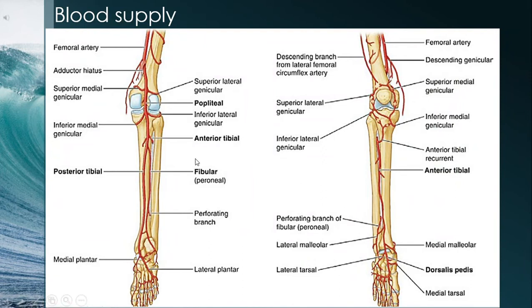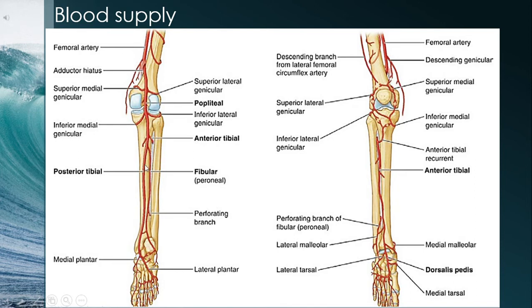As we already discussed, the lateral compartment does not have a proper arterial channel. The anterior tibial artery, which is going to supply the anterior compartment of leg, here you can see gives perforating branches in the upper part, upper 1/3. These perforating branches perforate the anterior intermuscular septum to reach the lateral compartment and supply fibularis longus muscle.